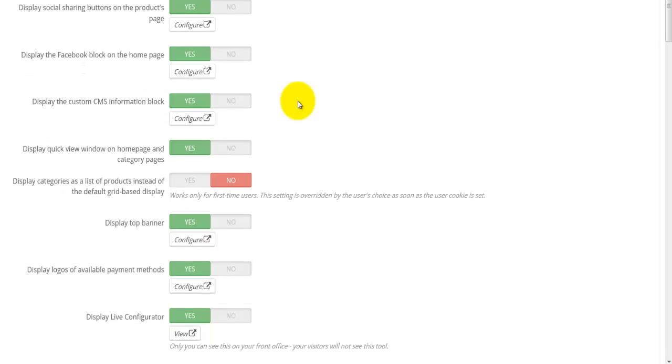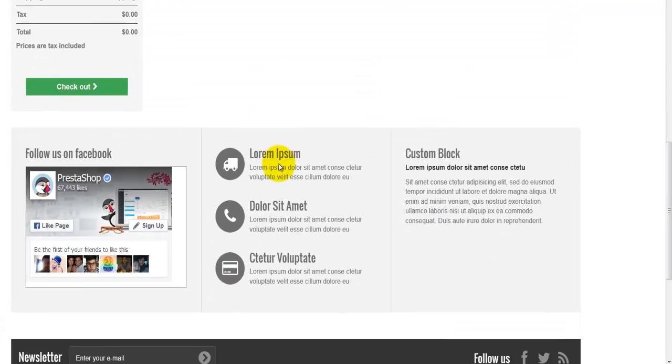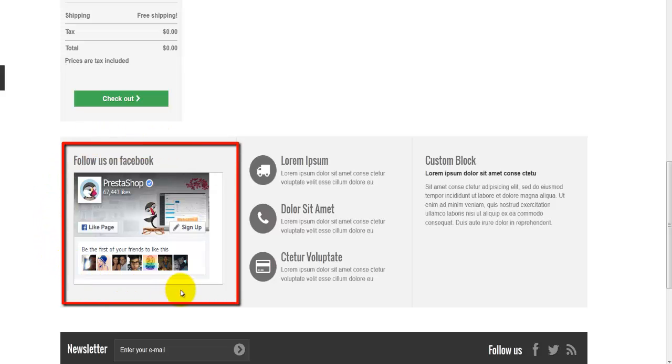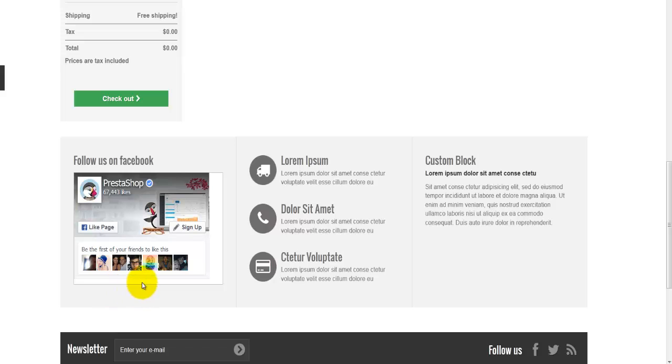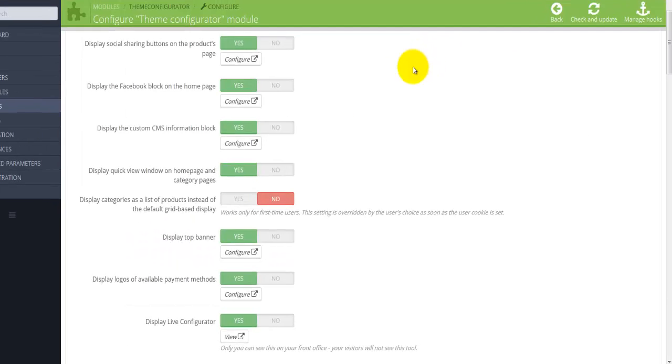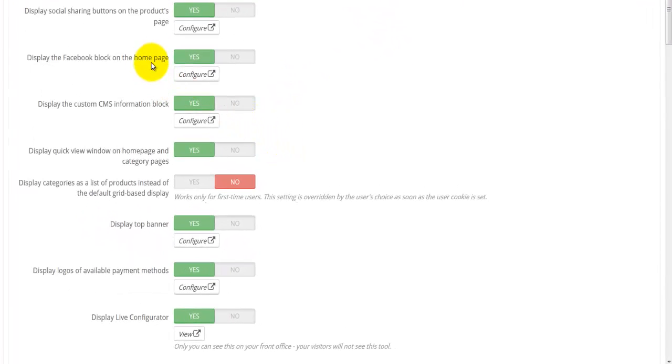Okay, moving a bit more down, display the Facebook block on the home page. So that's this bit here. If I go back, okay, so this is the one there. So of course, when you enter your information, your own Facebook page, this will actually change and this will become your Facebook link. Okay, so that's this bit here. Then the next option is to display the custom CMS information block. You can disable it or enable it